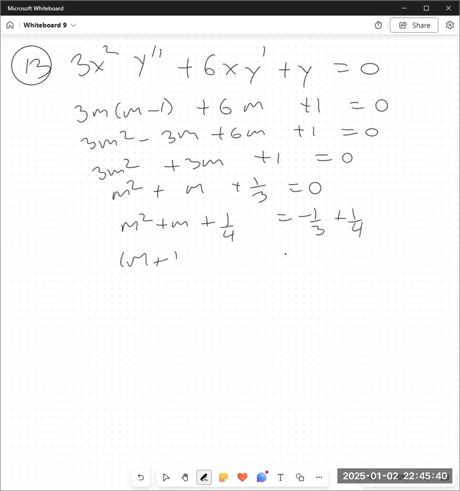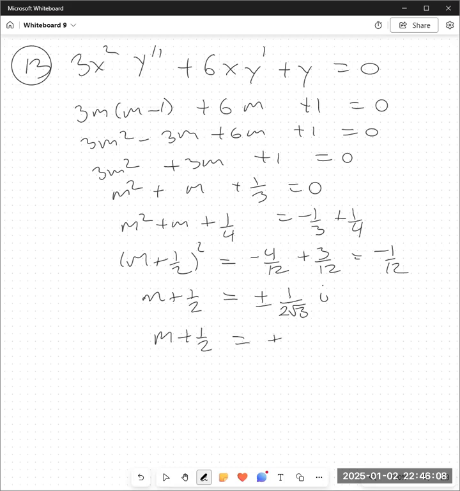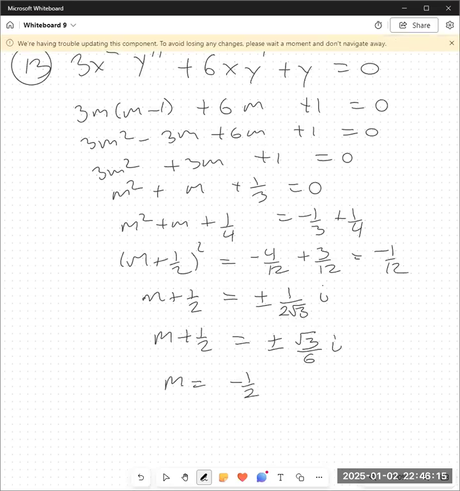So m plus 1/2 quantity squared is equal to, make a common denominator here, negative 4/12 plus 3/12, which is negative 1/12. m plus 1/2 is equal to plus or minus 1/2 √3 i. That's not rationalized yet, so that is plus or minus √3/6 i. m equals negative 1/2 plus or minus